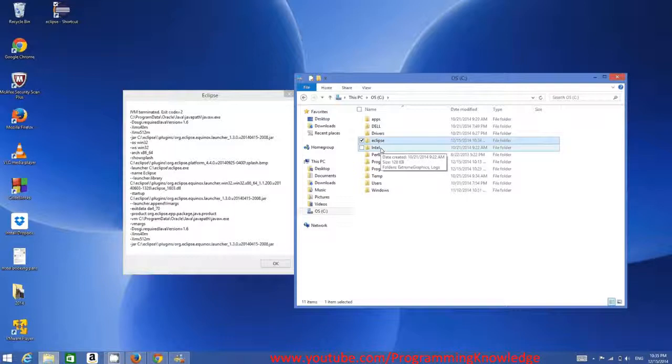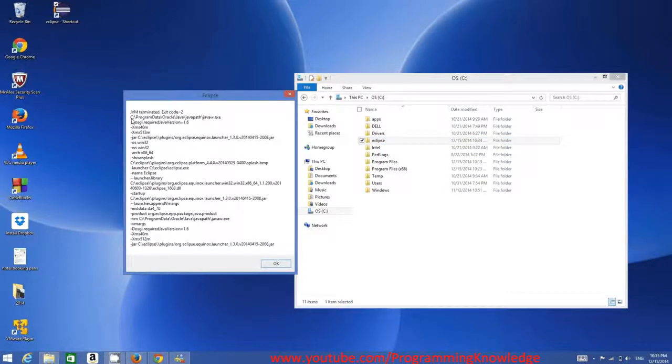Those environment variables are not responsible for this error. This error is due to the environment variable setting of this C slash program data slash Java program